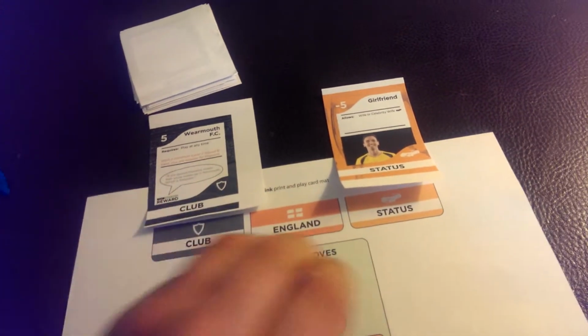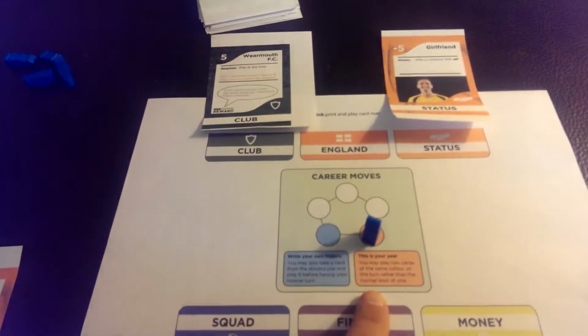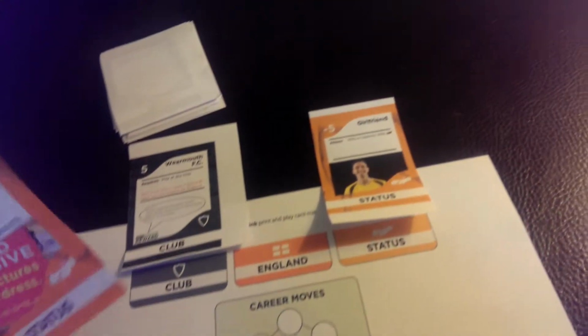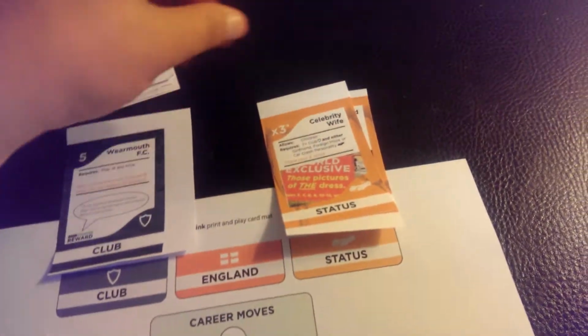However, let's say instead of doing that, I actually put it there. And remember, this lets you play 2 cards of the same colour. So at this point, I could also play Celebrity Wife over the top. Well, I mean, I can't because I haven't got the right...